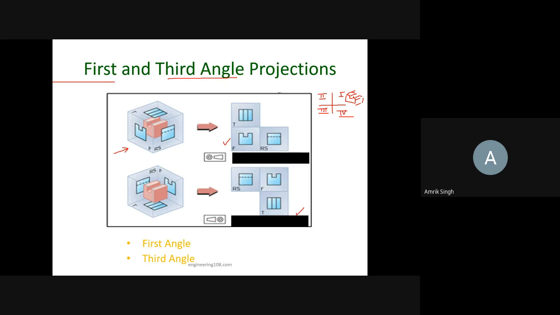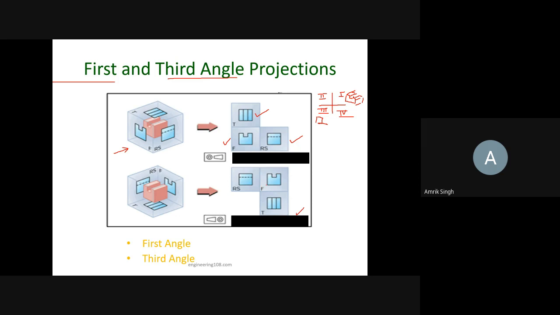And this is a symbol which we have to draw in the drawing to mark it as first angle projection. You have to remember this and learn how to draw it. And then there is the third angle projection. Suppose this object is in the third quadrant, and if you see from the top, this top view will be drawn on the top, the front view is drawn in the front, and the right hand side view you draw on the right hand side.